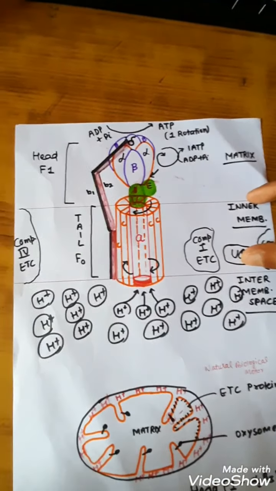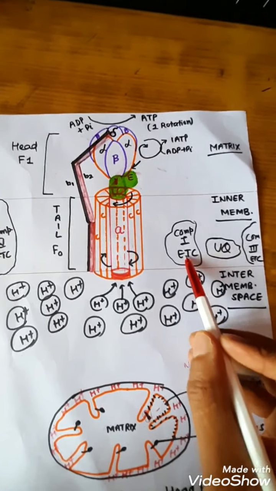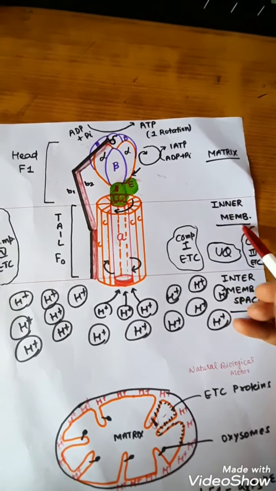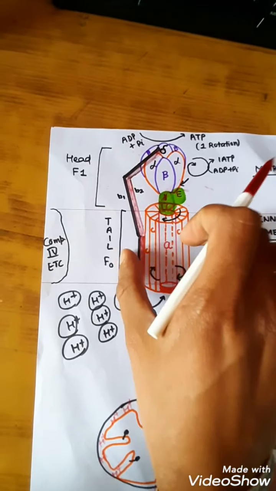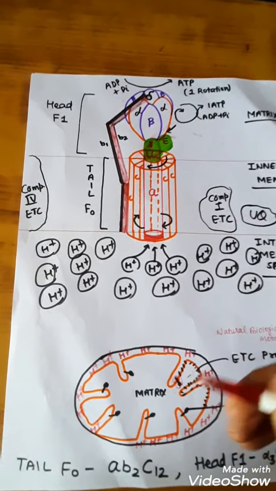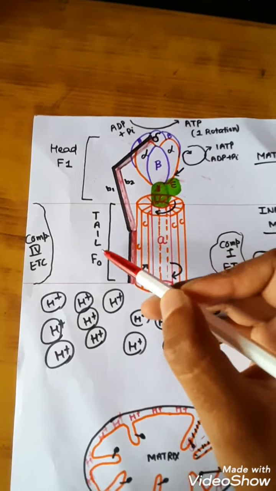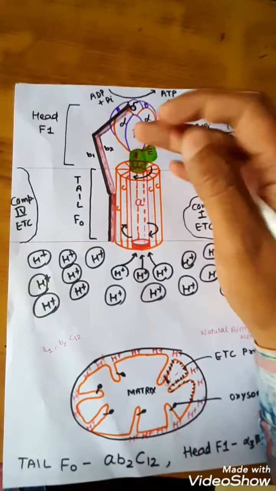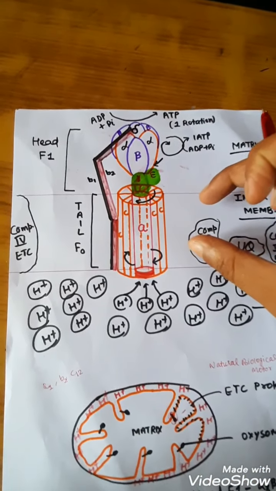This is the inner membrane of the mitochondria having our complexes of the electron transport chain, like this. Suppose this is complex 1, it will be the ubiquinone. Suppose it is complex 3, and there will be the presence of complex 2. Here is complex 4, and after complex 4, the biological motors are present, which we are showing here. It has two components, a tail component which is called F0 and a head component which is called F1. Particularly talking about the tail part, which is embedded into the inner membrane of the mitochondria,